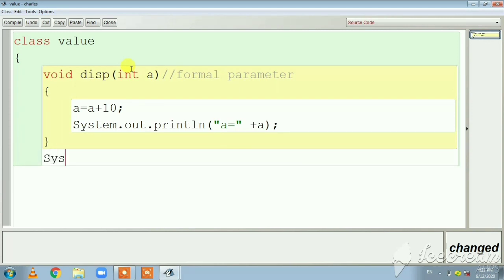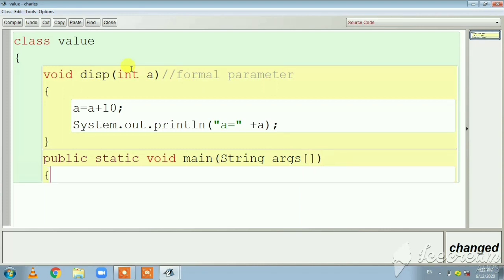Now I am declaring the main function, public static void main. I am opening the main function. Now I am declaring the object: class name, object name, new class name.